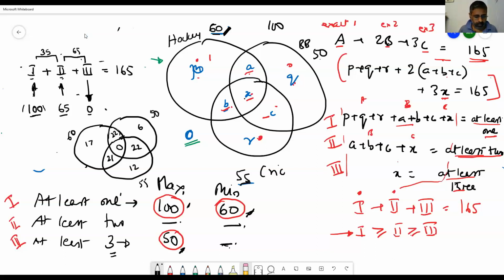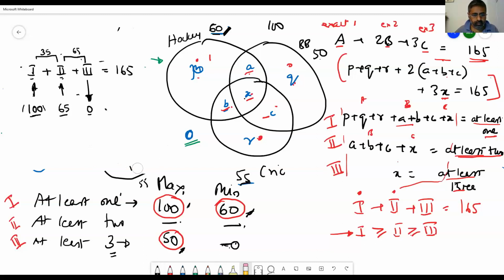Is that okay? Right now, what is the minimum value here? This is the minimum possible value. Now let's look at the at least 2. At least 2 is slightly more complex. So what we will do here is we will do this at least 2. Let's do the same thing here. At least 2 means we are looking at the maximum possible value of 2.